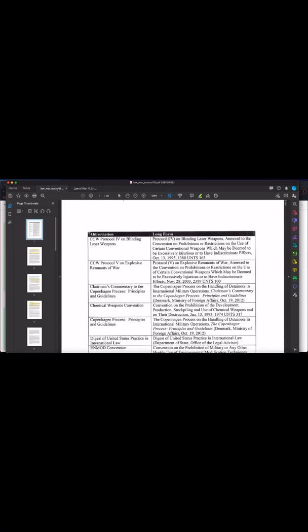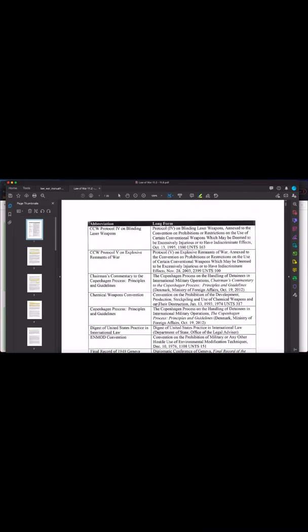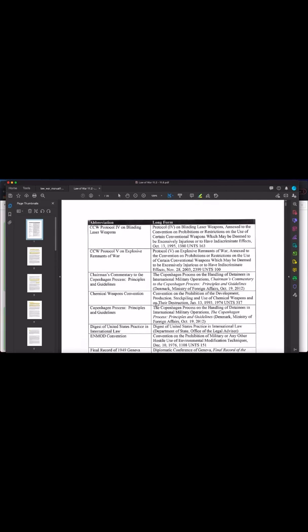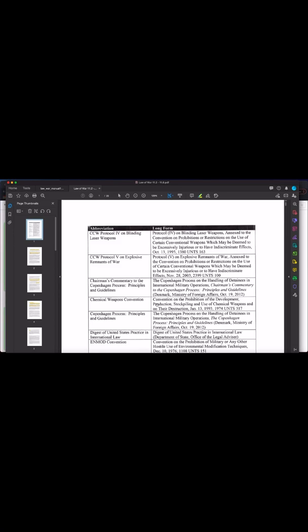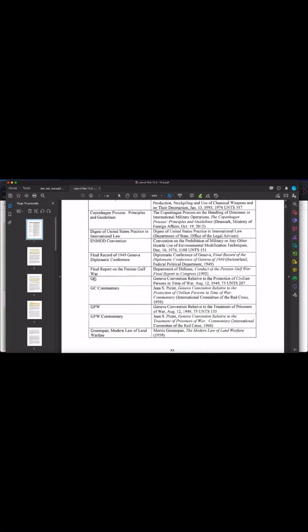If you get that full version, this will be page 21, I believe, although at the bottom of it, it just has these X's. But there's a table of abbreviations, and there's a certain abbreviation that appears in Article 11 several times. And something that drives me crazy when I'm watching videos like this is somebody will say, well, this abbreviation means such and such, and they give absolutely no reason why you should believe that they're right. Well, I just wanted to show you. Here it is. GC stands for Geneva Convention.